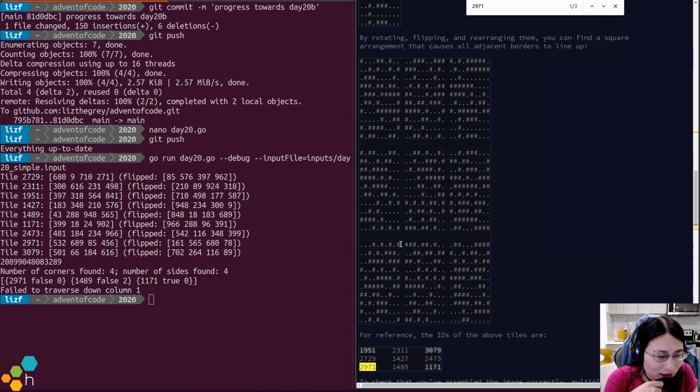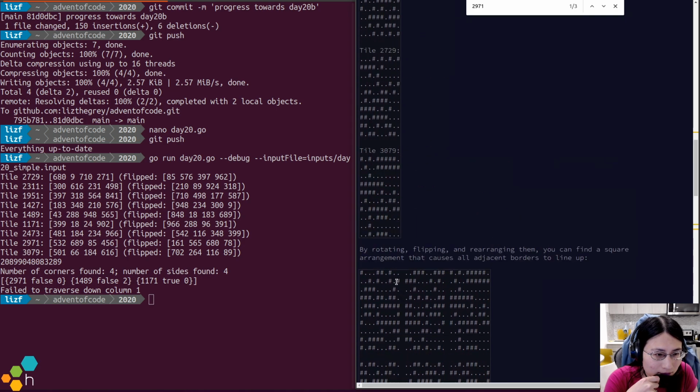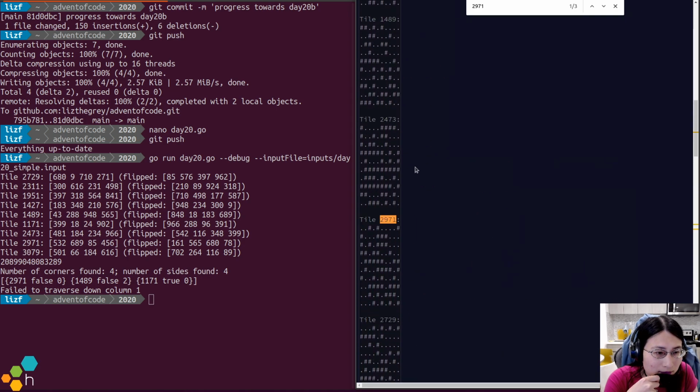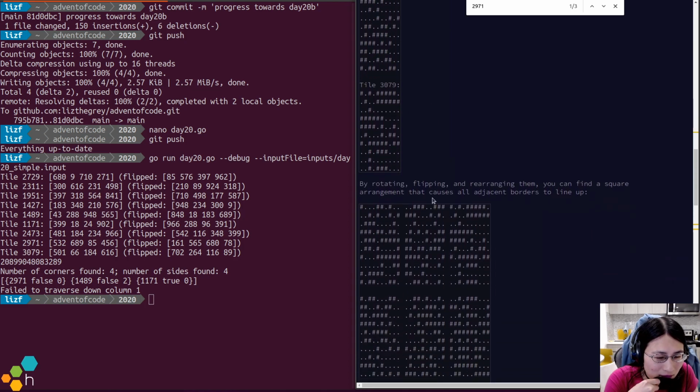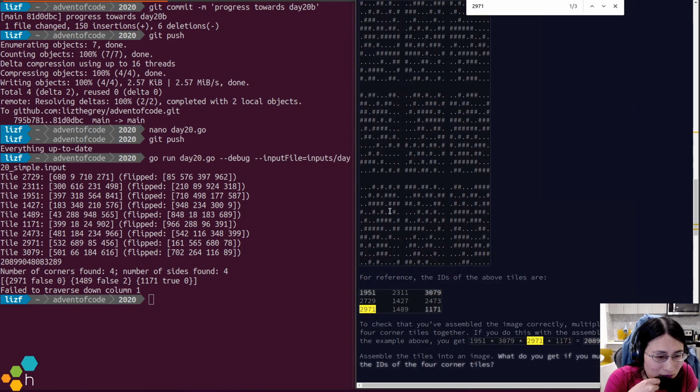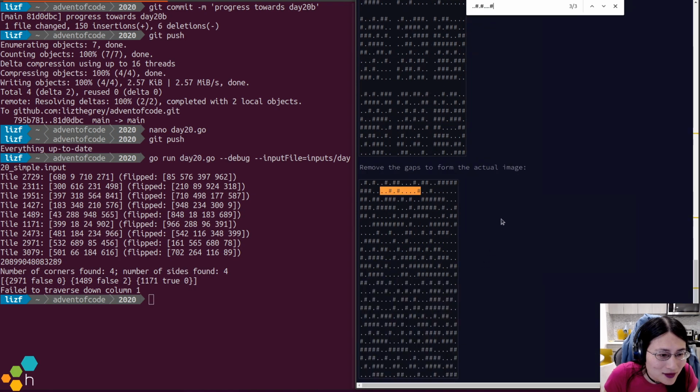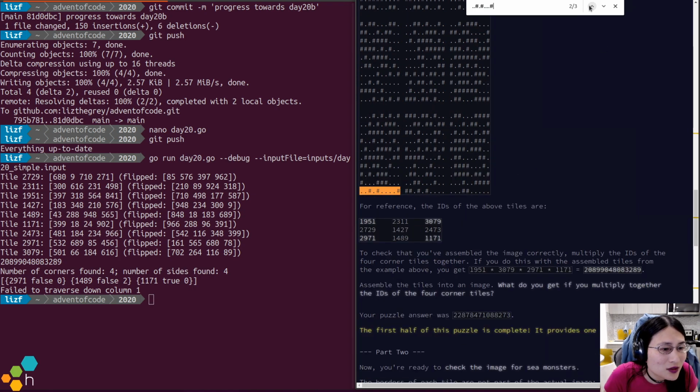So 1489. The way that I have it, 1489 has this line in it. Let's just check this real fast.